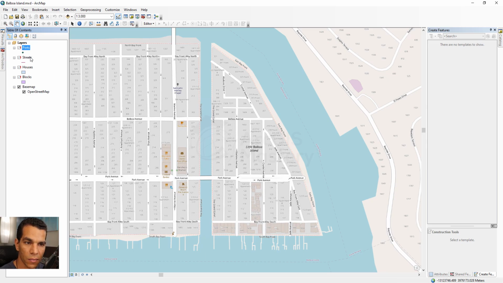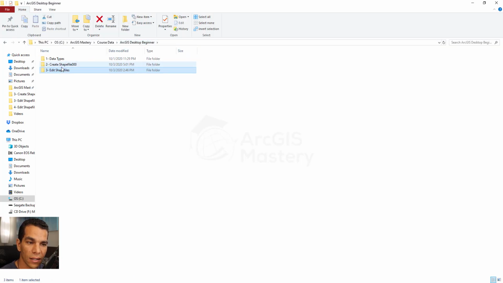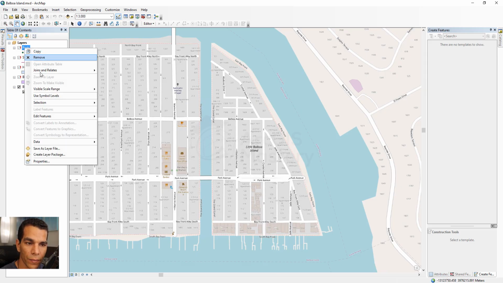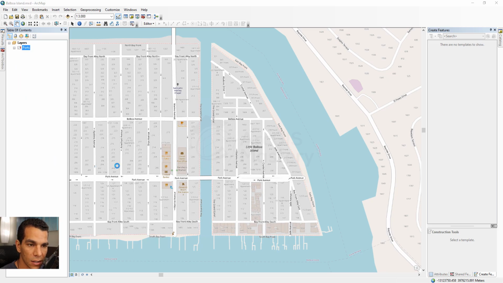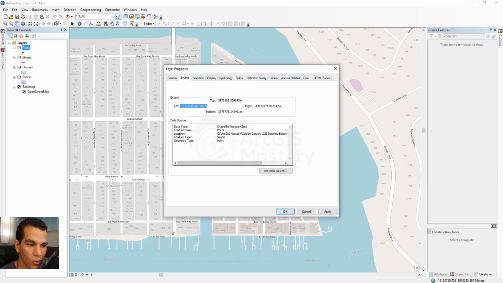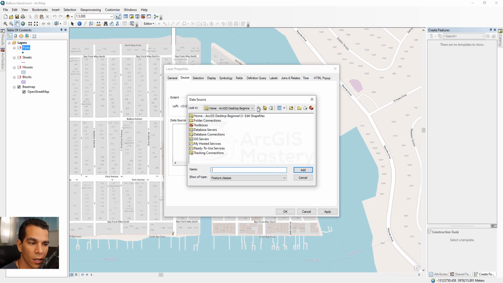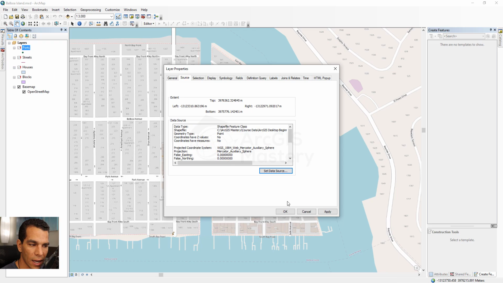And the way to fix these problems is you can do this in two ways. By coming back here and making sure that the path of the shapefiles is exactly equal to where the pointer of this file is. So if we go to the properties and we see the location, here you will see that it has the name without the zeros we added. So in order to fix this issue, you need to click on set data source and go to where your shapefiles are saved